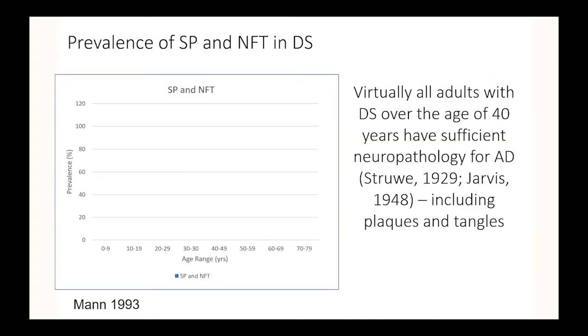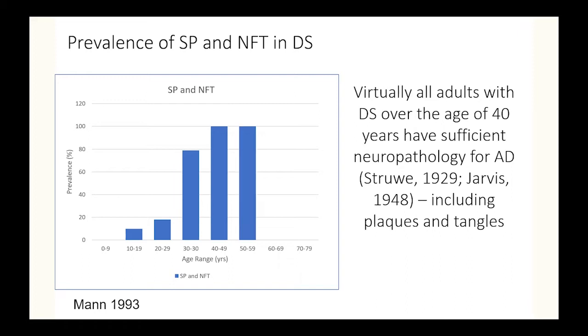And here's an example of what I mean by this exponential kind of increase when you look at the prevalence of both plaques and tangles in the brains of people with Down syndrome. This is based on some work by David Mann in 1993, and I actually took his table data and plotted them instead. But when you look at this, what's really fascinating, and I'm sorry about the typo, that's 30 to 39, is that when you hit around 30, things really accelerate until by the time you get to the 40s, we're maxing out on the extent of A beta and tau pathology.